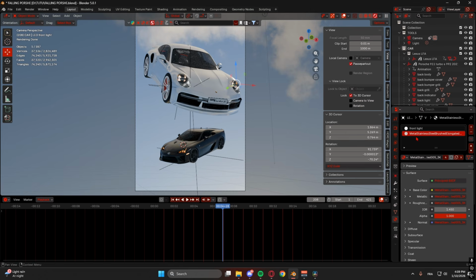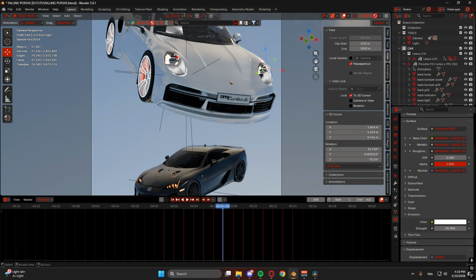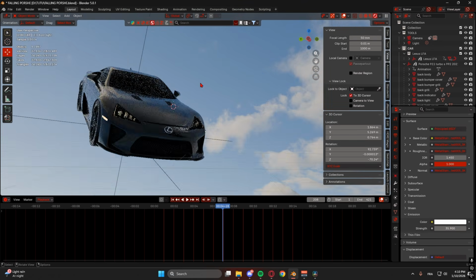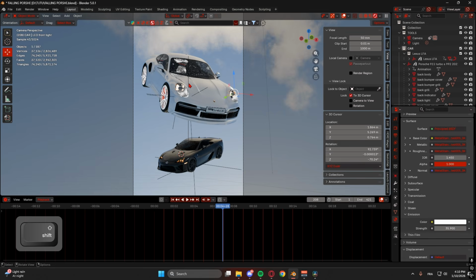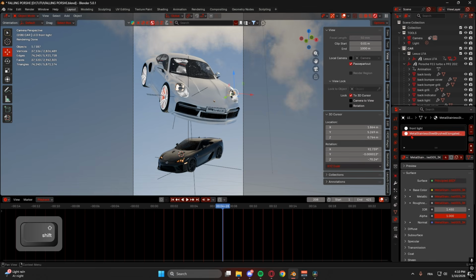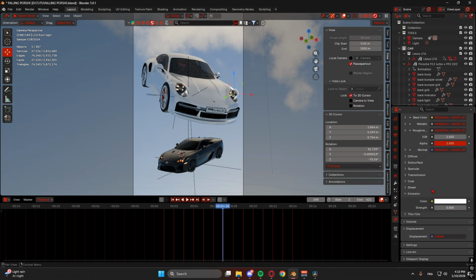So we go, and then, for example, if I put this high, look, everything turned neon. Okay, that's beautiful, but we don't need this now. So what's the problem here? That we edited the wrong material. So there are materials linked to each other here. So we go back like this,